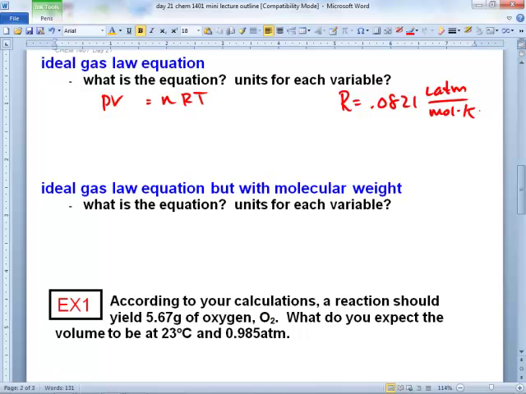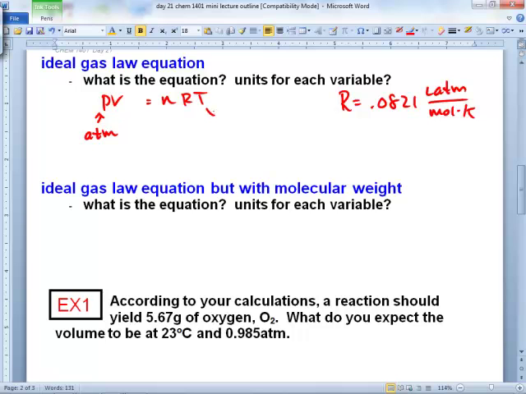They can't give you 4. There won't be anything to do. They're going to give you 3, and then you solve for the 4th. That's how every single problem is going to be. Okay. What the units are for each is the only place where you can screw up, I think. Paul, pick a variable. Tell me what the unit's got to be. P is atmospheres. Keep going. Alyssa. T's got to be in Kelvins.